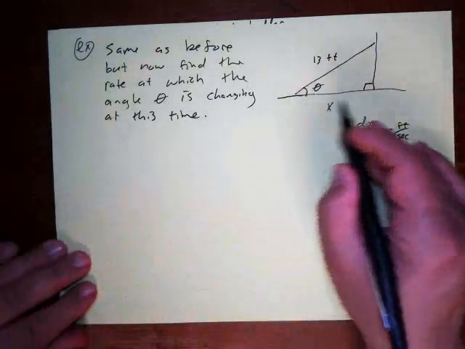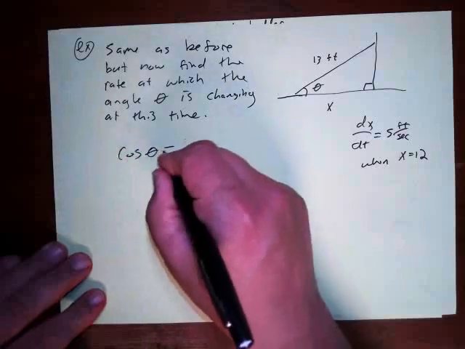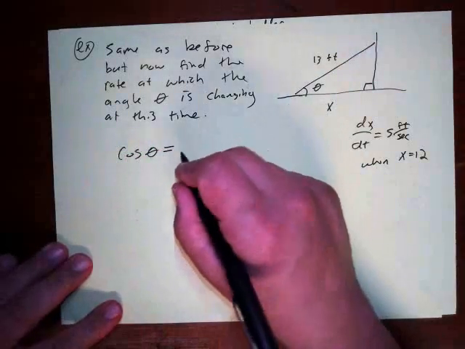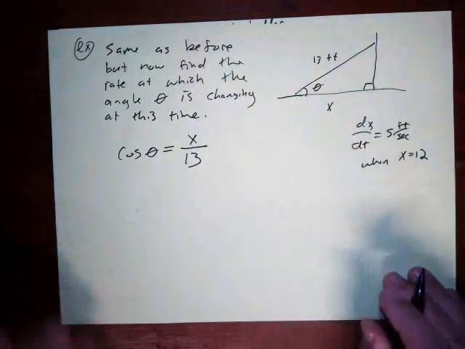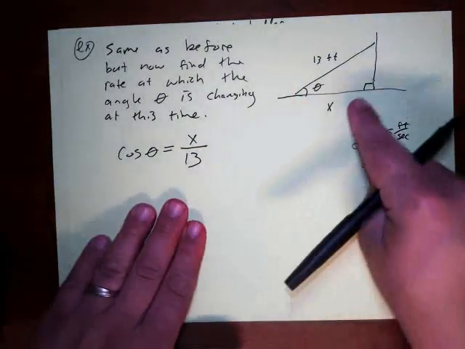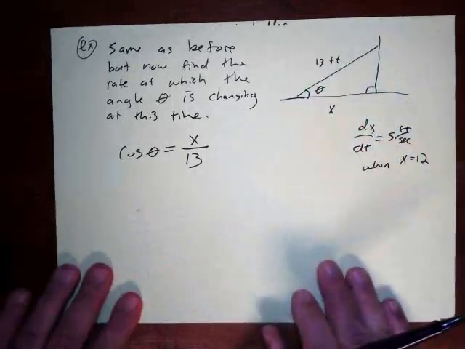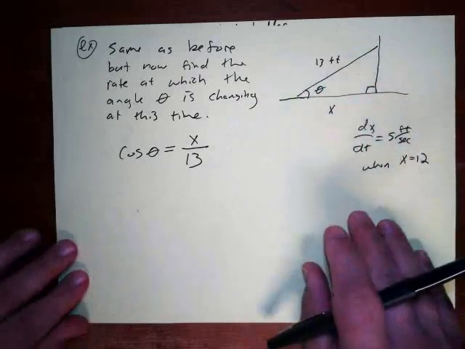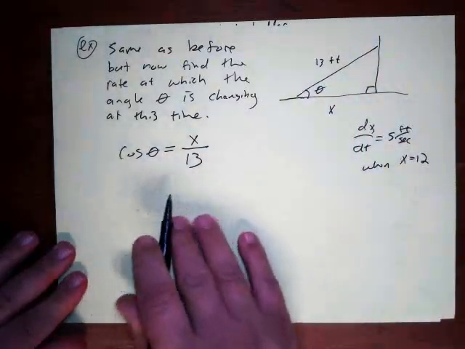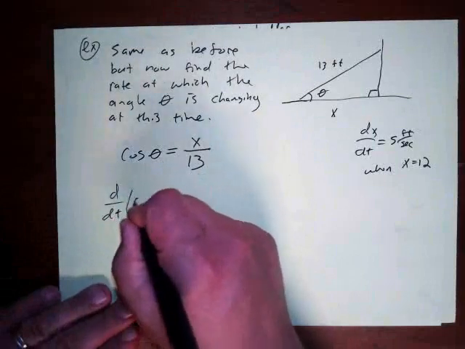And so I'm going to use that the cosine of theta is equal to adjacent over hypotenuse, so x over 13. So this is a relationship that relates the x together with the theta, right? We're relating the theta, the angle, with this x. And so now I can take the derivative of both sides of this, with respect to t,